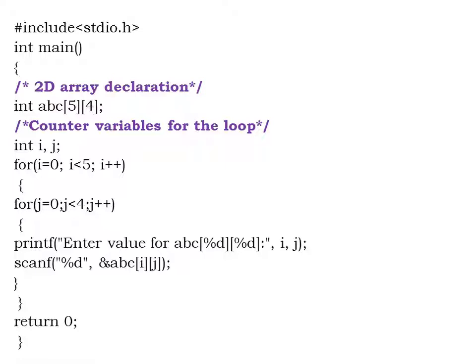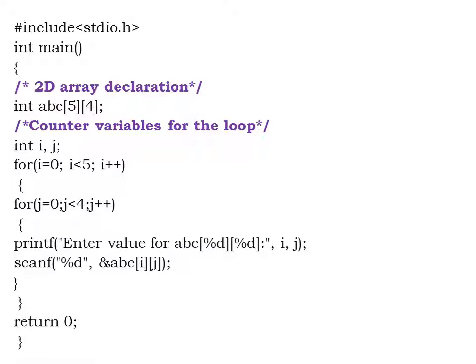Now here the only change will be the i value will be 1, whereas j will again start from 0. So 1 comma 0, the first element is stored. Once again I enter the inner for loop. j value is 1, 1 comma 1, the next value is stored. Once again I enter, 1 comma 2, the third element is stored, and at 1 comma 3 the fourth element is stored. So once the j value again reaches 4, we go out of the inner for loop, and the outer for loop once again gets incremented.